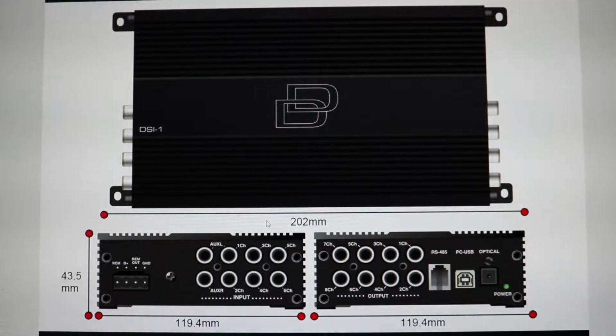roughly around 8 inches long. This is very rough. By 2 inches tall-ish, just under 2 inches tall, probably 1 3/4 inches, and then probably about 5 inches wide to 4 inches wide. Now you can see here on one side you have your remote, you have your B+,